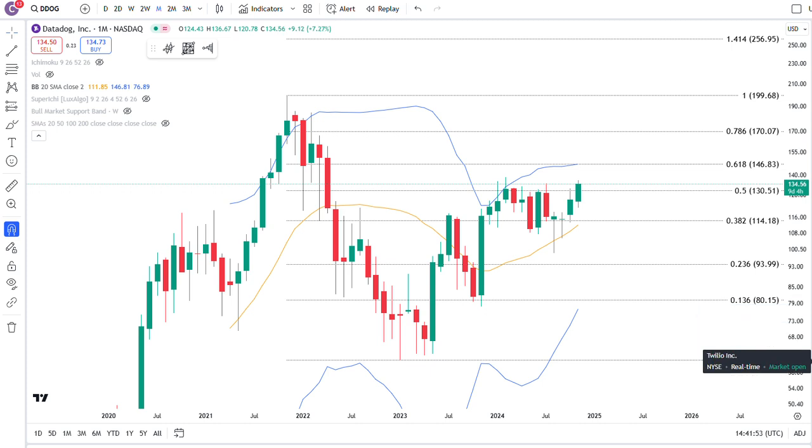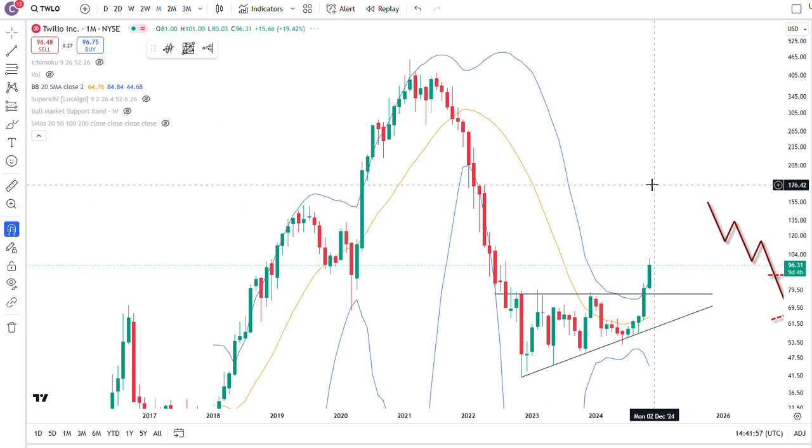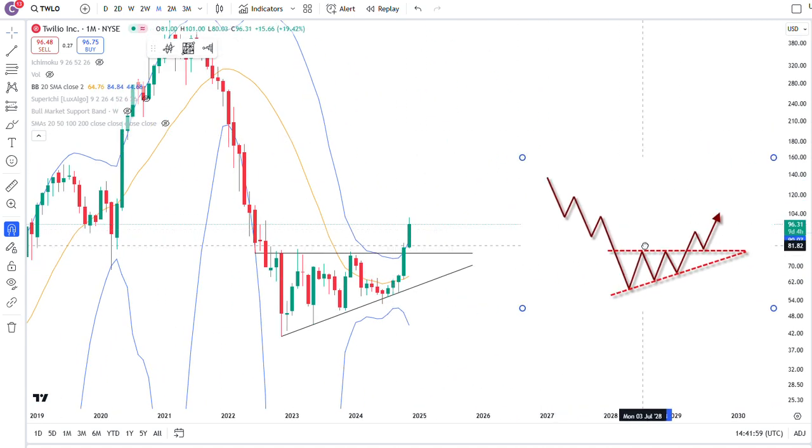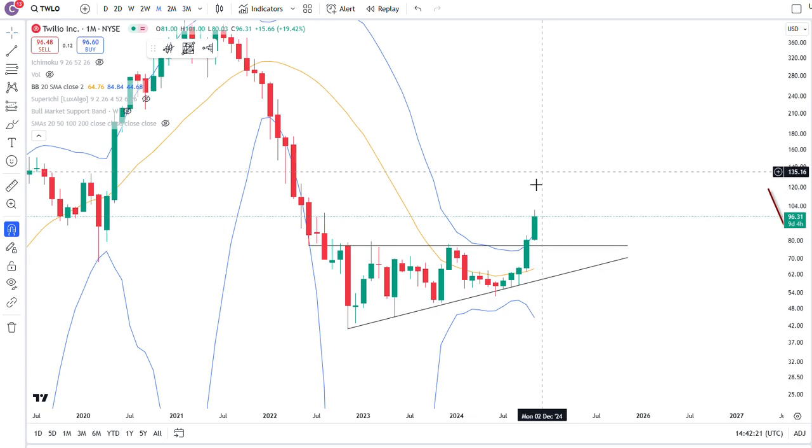The other stock that somebody had requested was TWLO. I was eyeing this formation here for a very long time, an ascending triangle. It broke above the ascending triangle very convincingly. Does it have to come back and test? Not necessarily. Looks like things want to kind of impulsively go upwards. The negative sloping 20-month moving average has turned positive, curling, and it has turned from resistance here to support, right? And the Bollinger Band is expanding here on the monthly. So there's a chance for this stock to just keep going a lot higher.